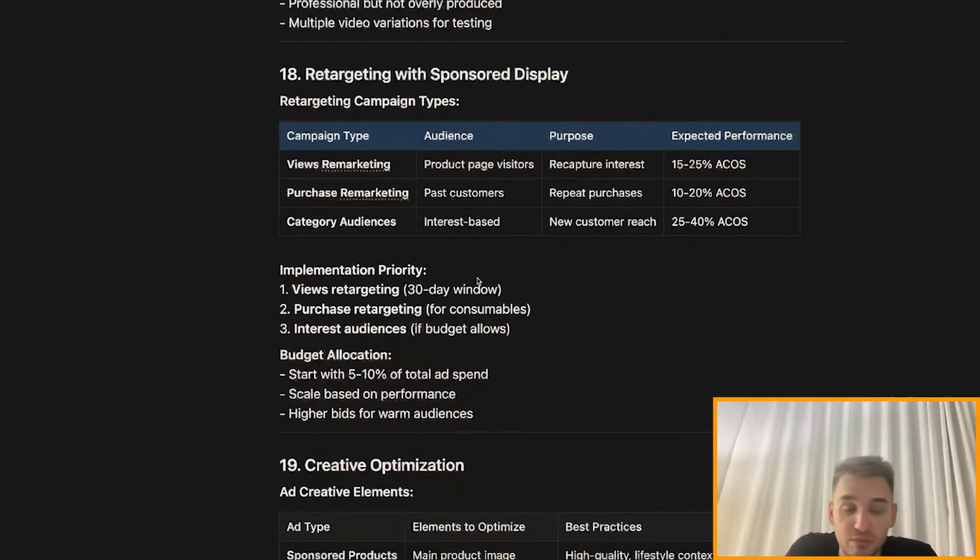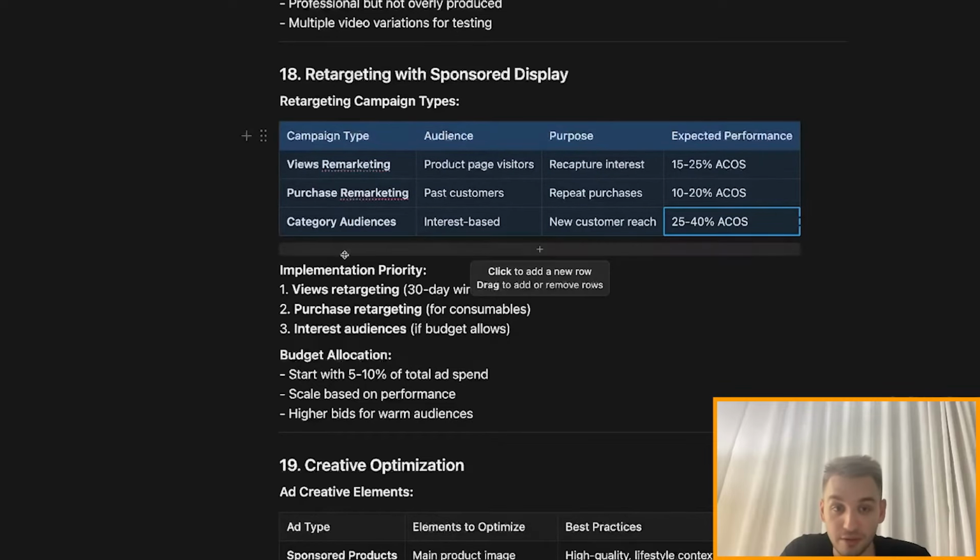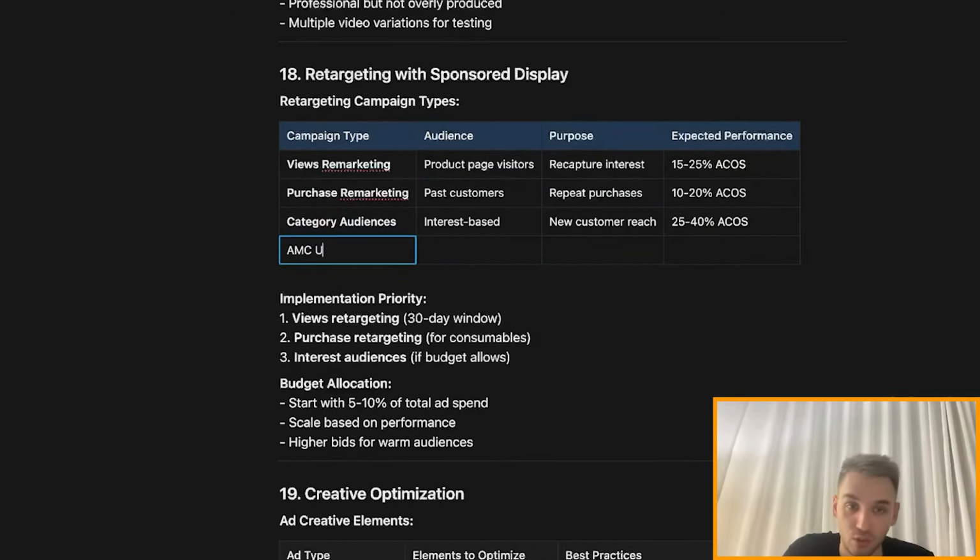The one aspect a lot of people get wrong with Amazon PPC is retargeting. Now, I see accounts that don't use sponsored display ads at all. It's kind of strange because Amazon ads is like Facebook. We can do retargeting on our people. So the very basic ones are views, purchase, remarketing, and category audiences. I would also add here there are AMC audiences,